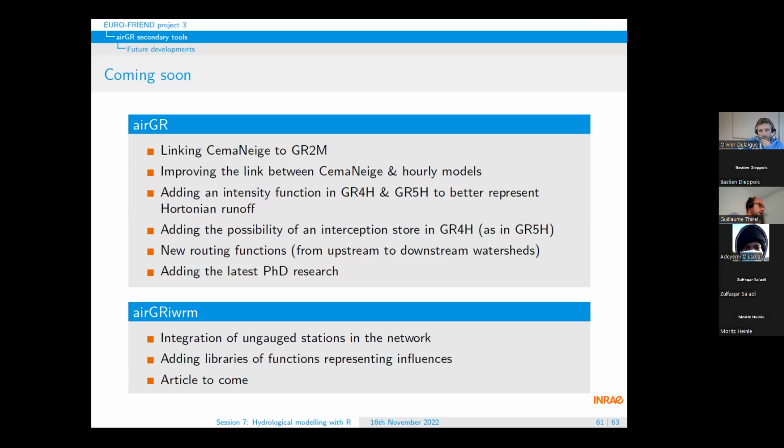Regarding airGRteaching, we recently integrated a way to use ungauged stations in the network, because the classical way to implement semi-distributed models is to cut the basin at points where you have observed discharge data, but sometimes you have some interest within the catchments or subcatchments. So you want to do simulations, but for this you need a way to propose parameters to the model